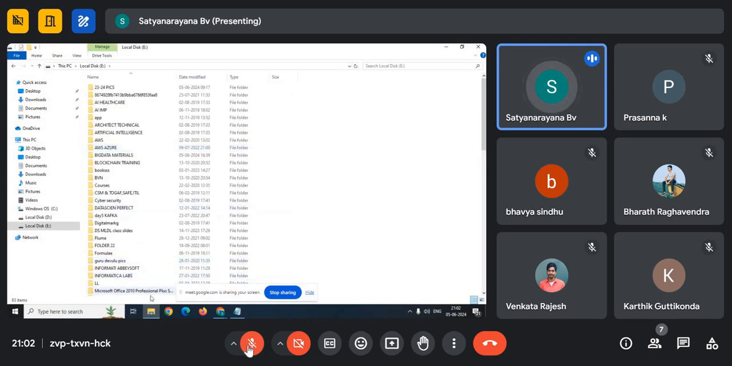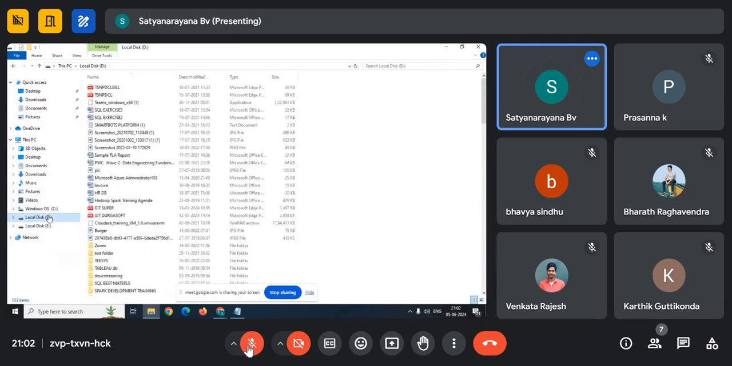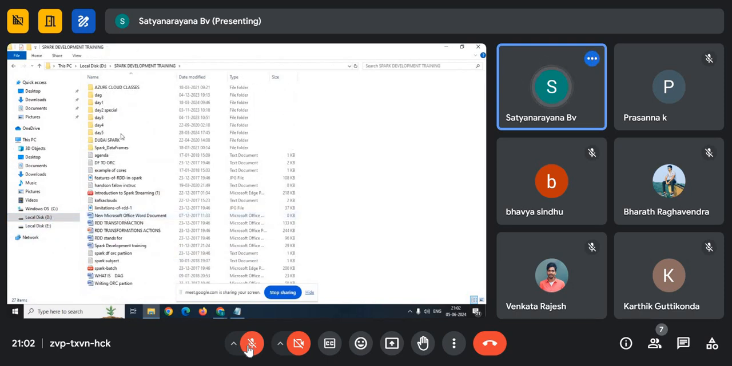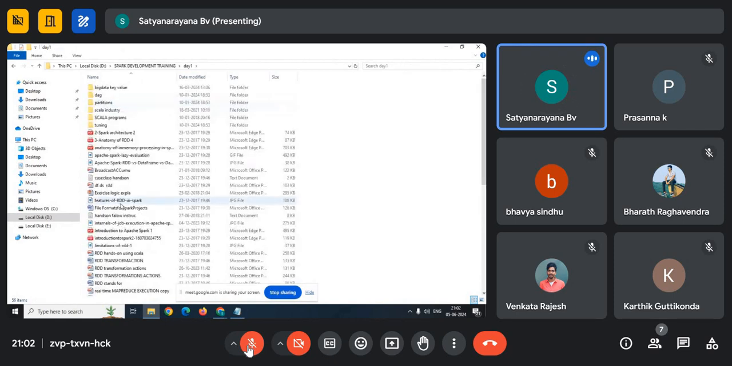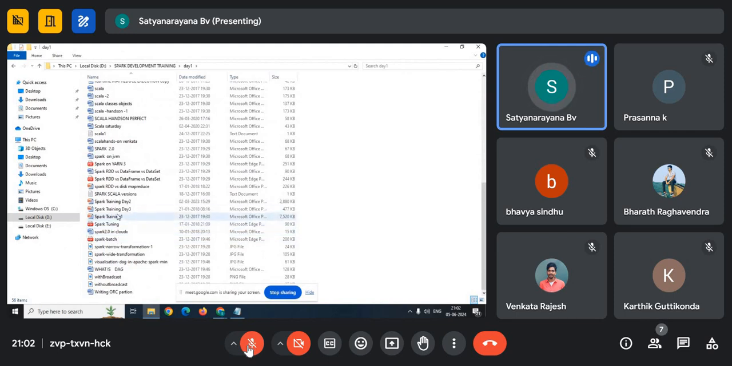As per the Spark architecture, Spark engine is always on top of where? Guys, Spark engine is always on top of